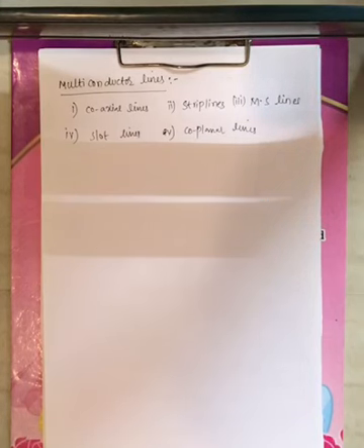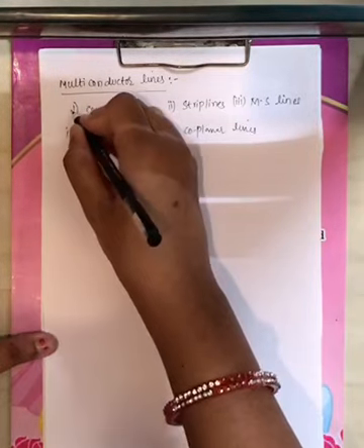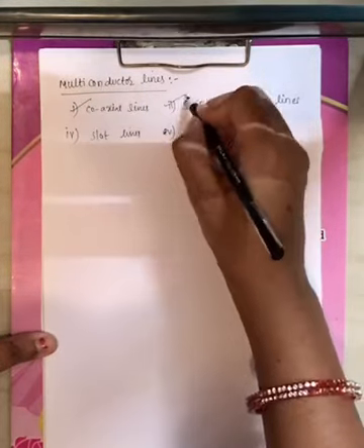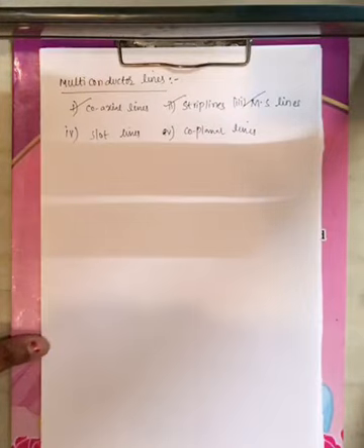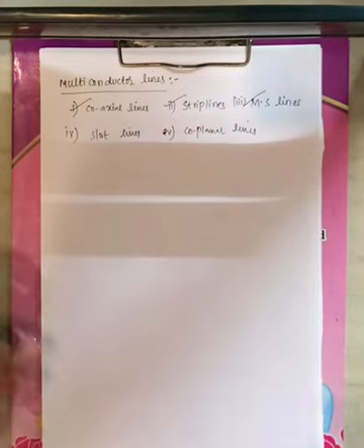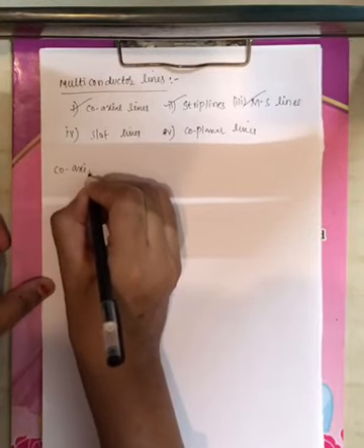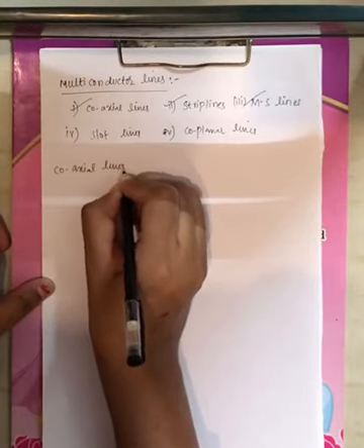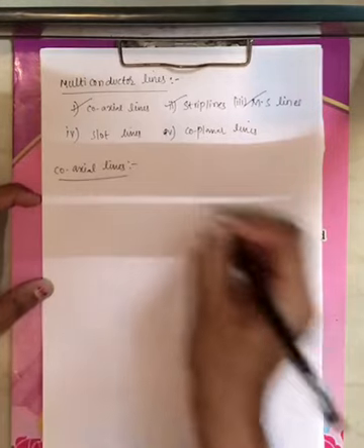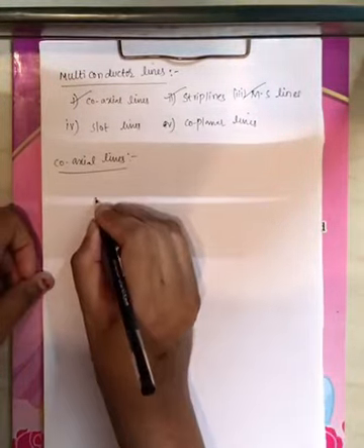Among these 5 different types of multi-conductor transmission line, in your syllabus you have coaxial lines, strip lines, and microstrip lines. Only these 3 multi-conductor lines are included in your syllabus. Now coming to the first type of multi-conductor transmission line, nothing but coaxial lines. Now let me draw its figure.